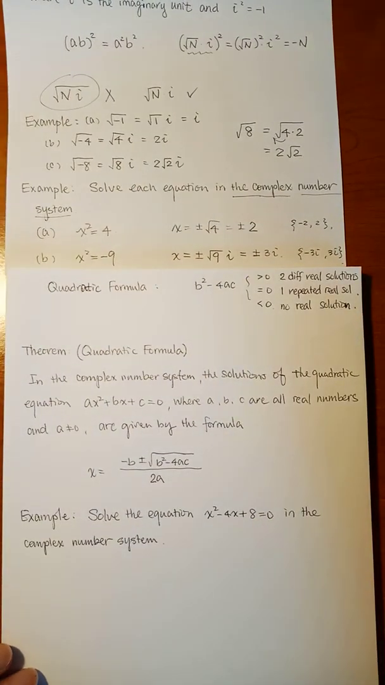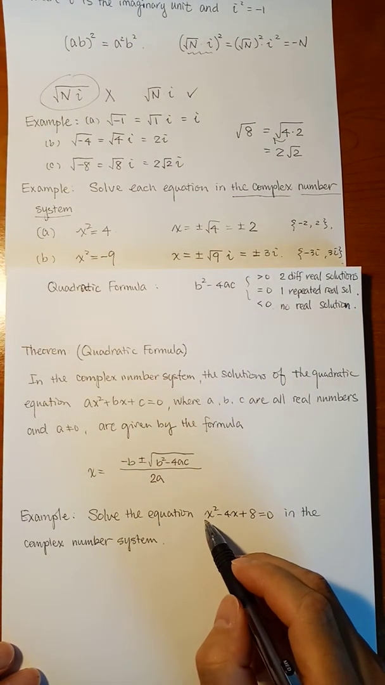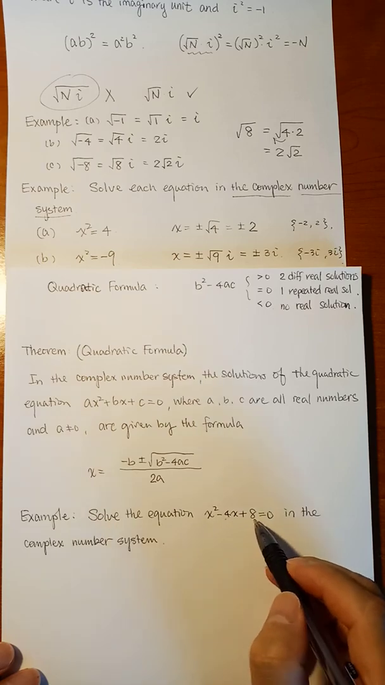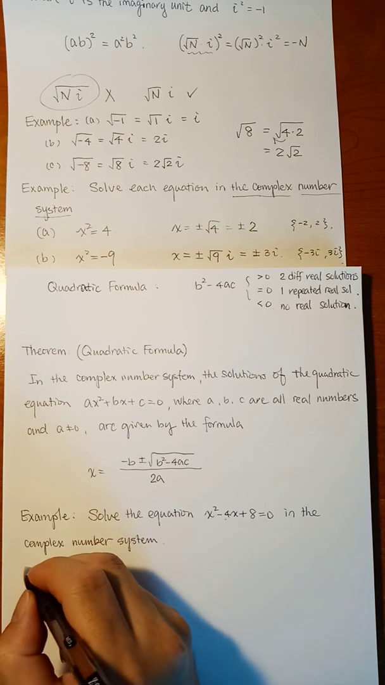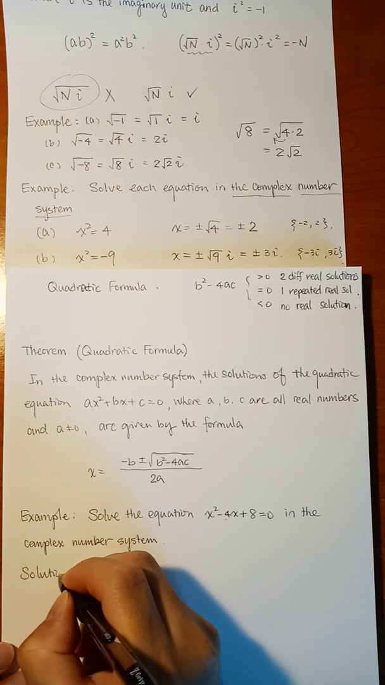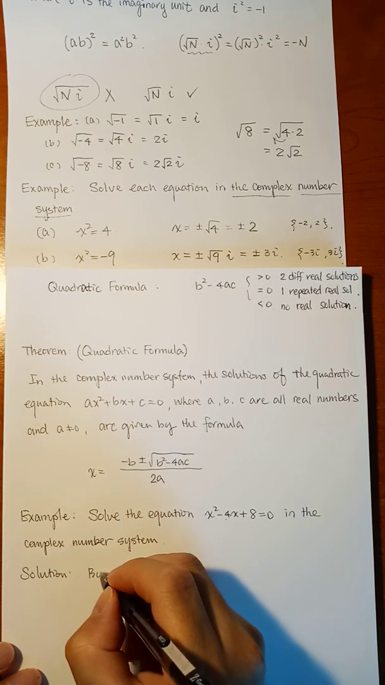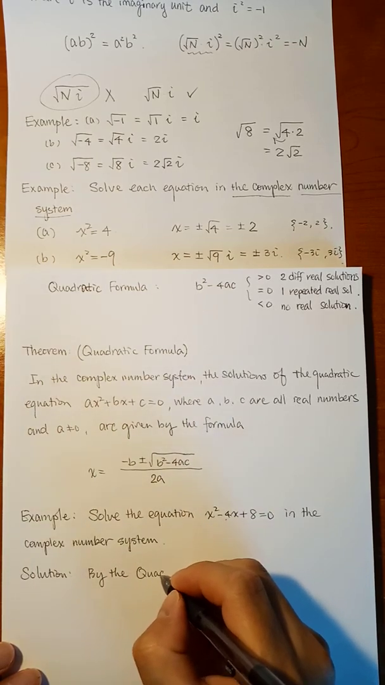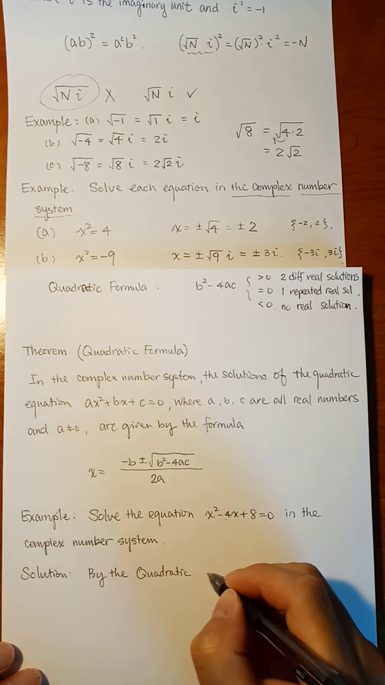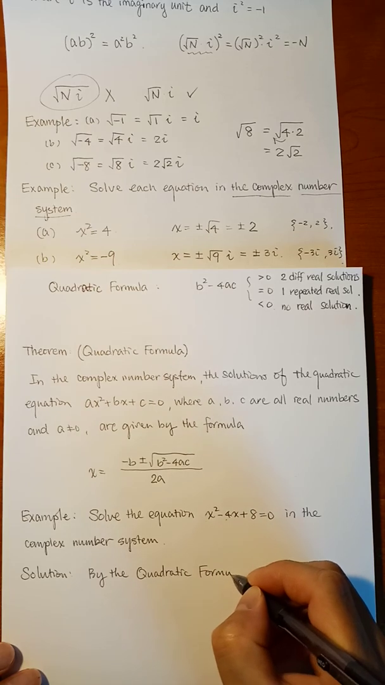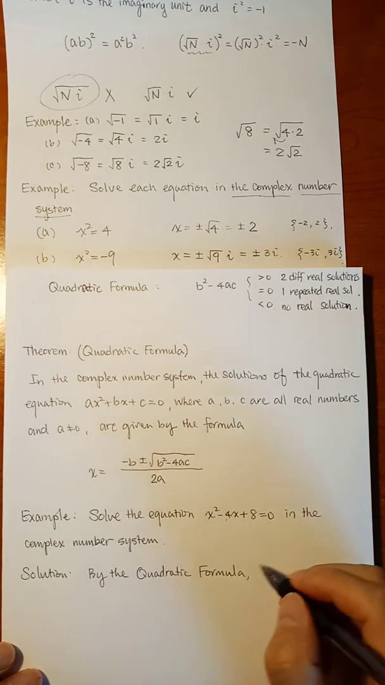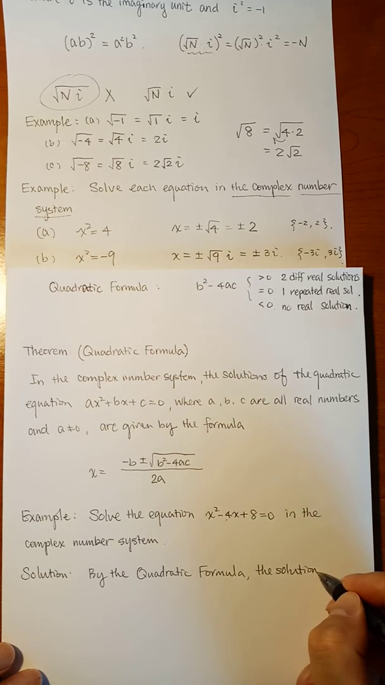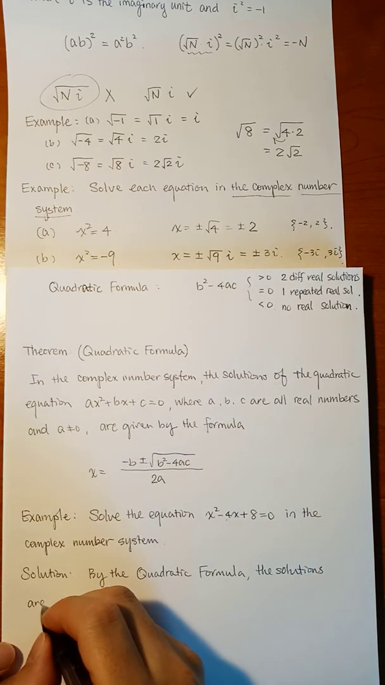Okay. So here we have a equal to 1, b is negative 4. Be careful, b is negative 4, c is 8. So by the quadratic formula, the solutions are given